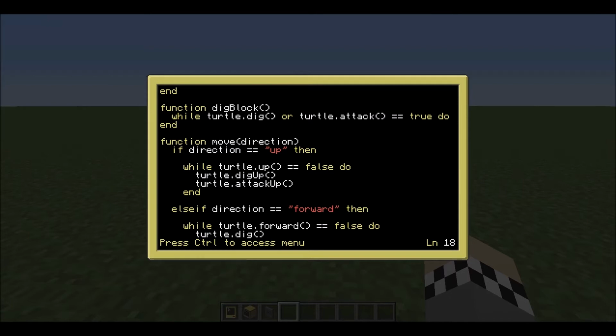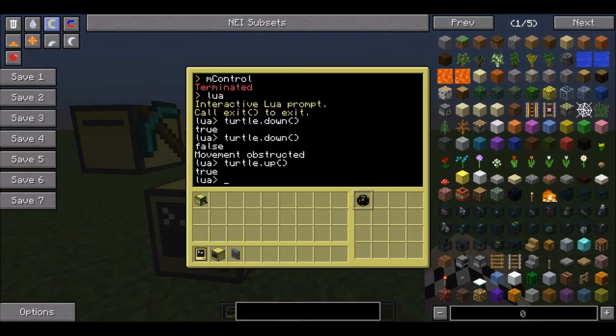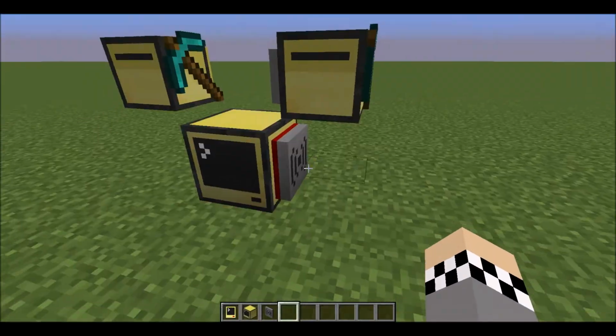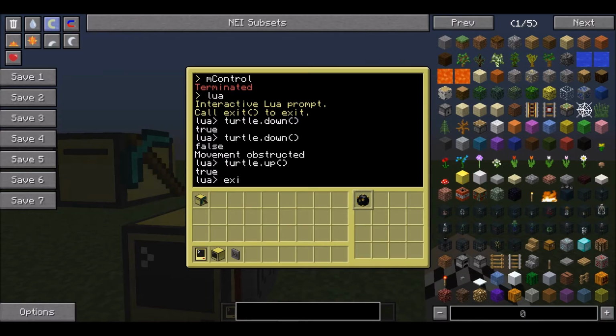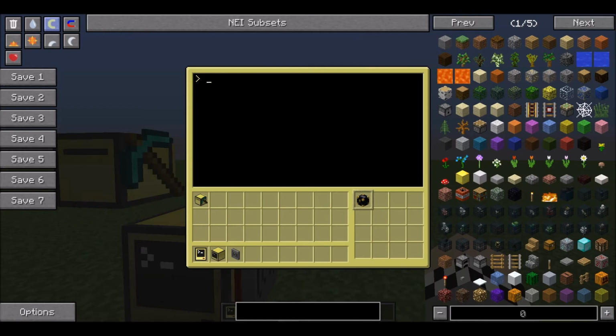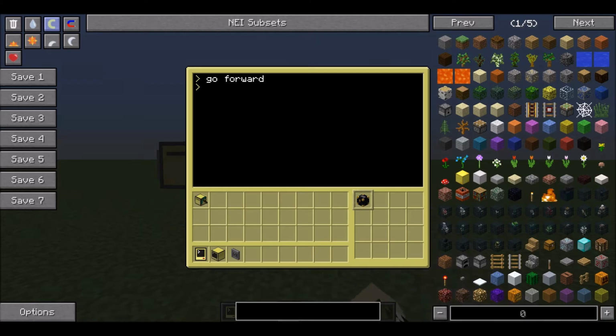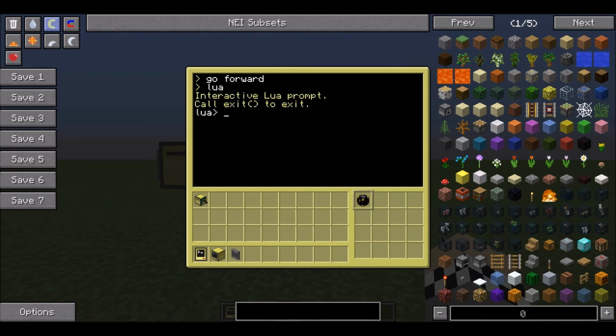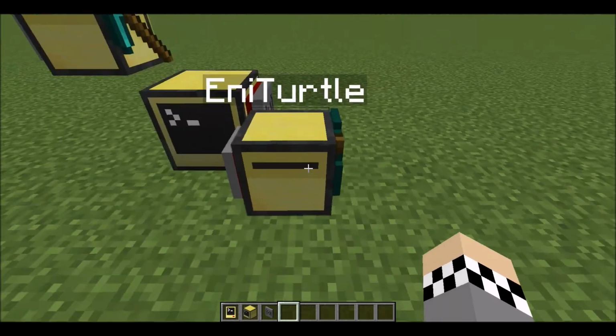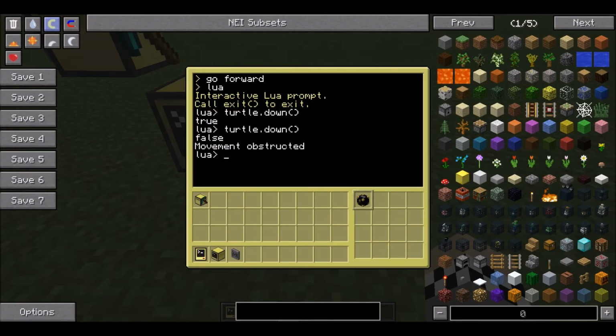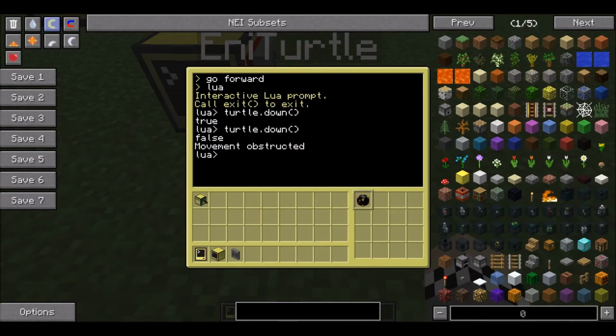But then we have our move function. Basically what this does is, let's just make this guy go down. Actually, let's just exit, clear, and then we'll just move it or go forward, let's say. Then we can go into Lua, and if we run turtle.down like that, it will return true and it will actually go down, as you can see. But if we do it again, because there's a block in the way, it will return false,